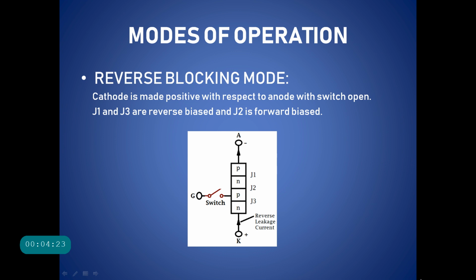Hence, a reverse voltage flows across the thyristor, which drives the SCR into reverse blocking region, and it results in the flow of a small leakage current. Hence, the device offers a high impedance in this mode until the voltage applied is less than the reverse breakdown voltage of the thyristor. Now, if the reverse applied voltage is increased beyond the breakdown voltage, then avalanche breakdown occurs at junction J1 and J3, which results in the increased reverse current flow.